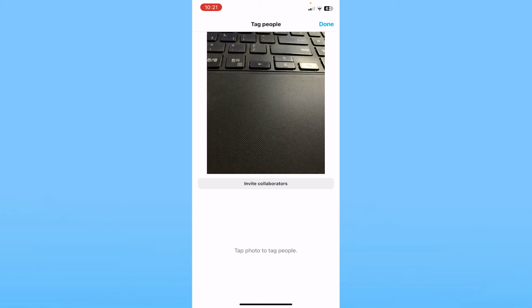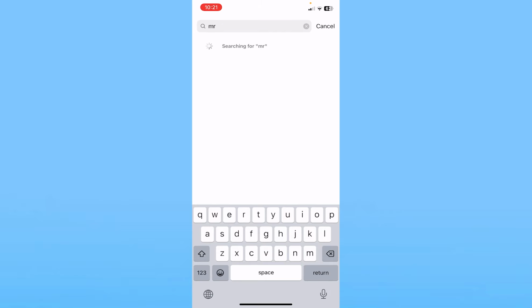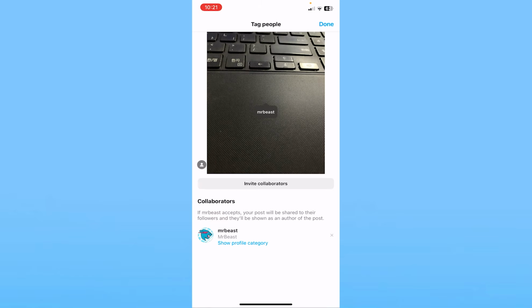Now from inside tag people you can see the option called invite collaborators. Click on invite collaborators. Now from over here you want to search the person whom you want to invite. After you choose the person's name, the person is going to be tagged, but this is not a normal tag. This person now has the permission to post this picture on his Instagram profile, because that is basically what